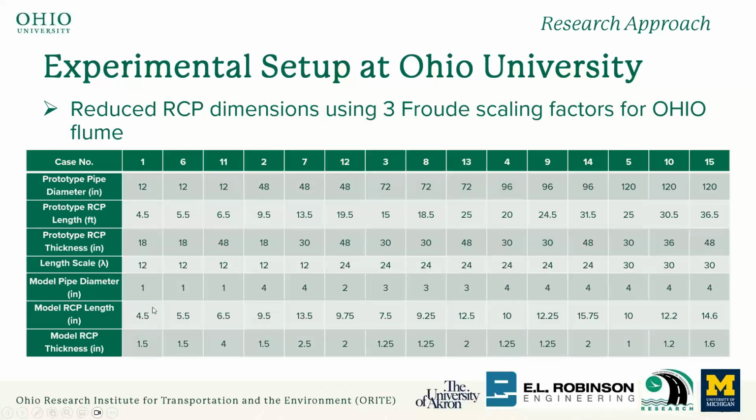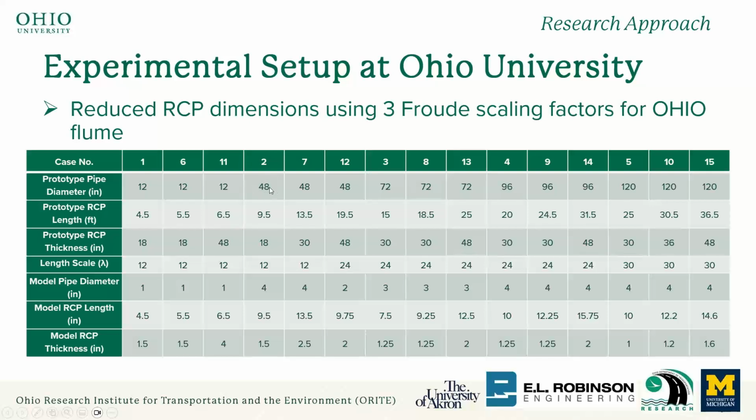Some of the experiments use the scale factor lambda 12, some use 24, some use 30. It's mainly because of the physical limit of our flumes. So, for example, for a